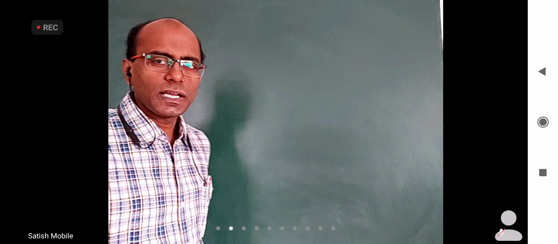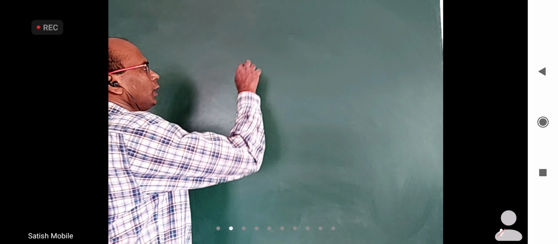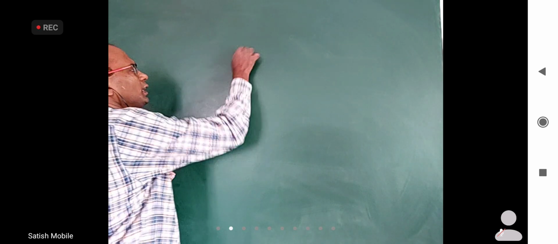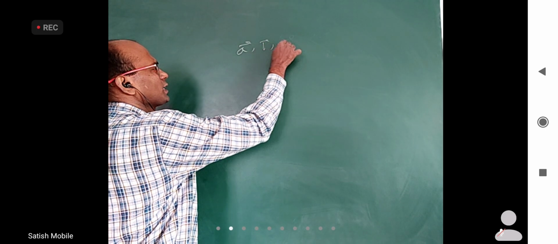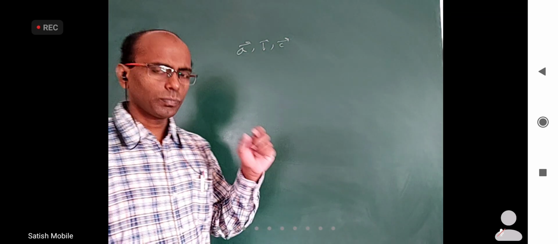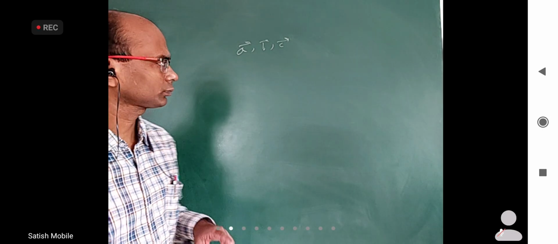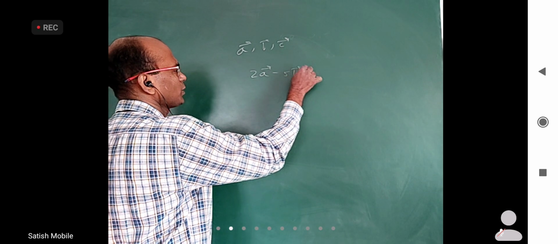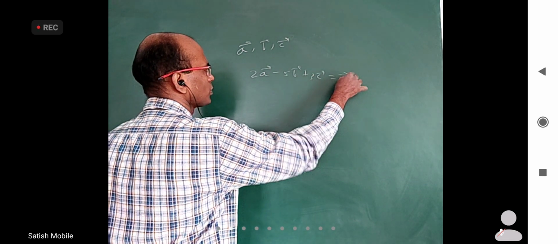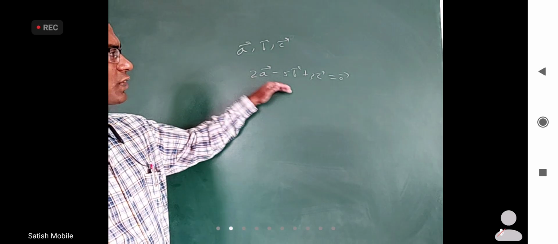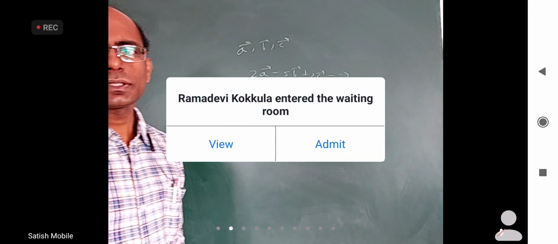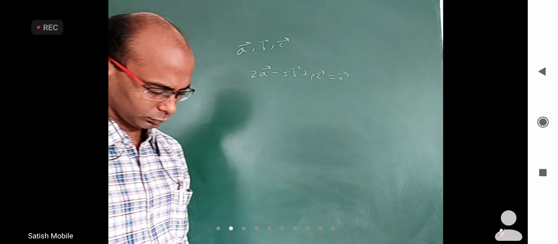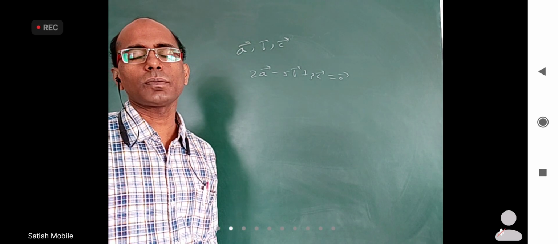Okay, let me ask one question. Here I am not dealing with vectors, I am dealing with position vectors. A bar, B bar and C bar are position vectors of point A, point B and point C. And somebody told me 2A bar minus 5B bar plus 3C bar equal to 0 bar. Just from this, can I prove that points with position vectors A bar, B bar, C bar are collinear? Here collinear means collinear only because I am talking about points.